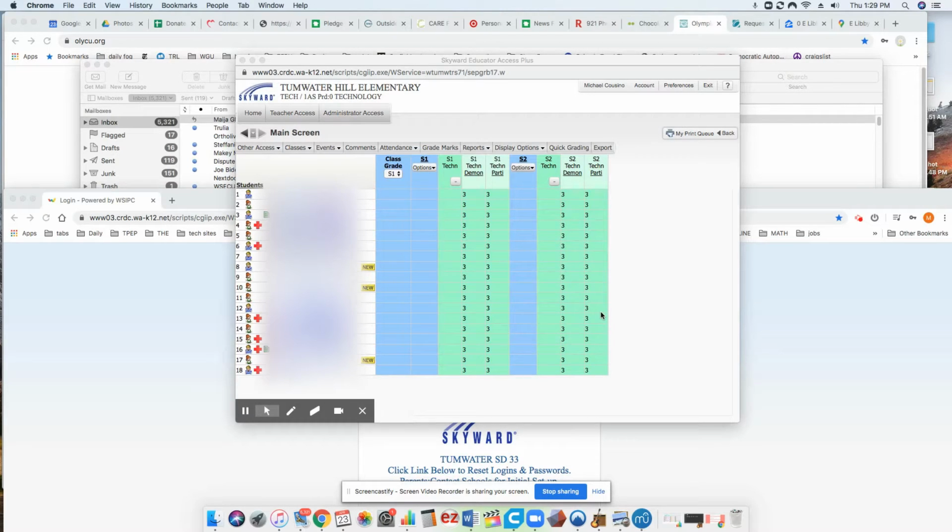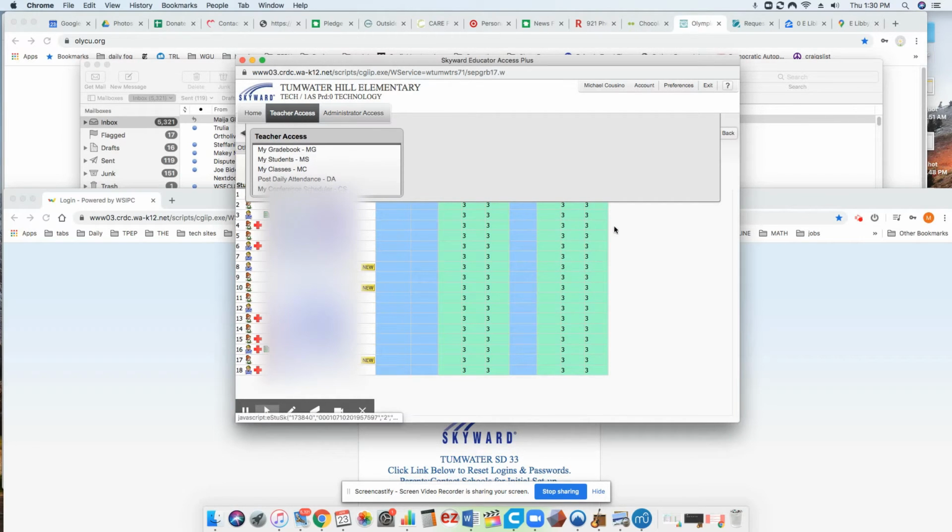In this one, I am going to hopefully show you how to export a file from Skyward that has parent email and mail addresses and phone numbers. So I have opened up one of my classes, and if you go to the grade view, if you go to Teachers Access, My Gradebook,